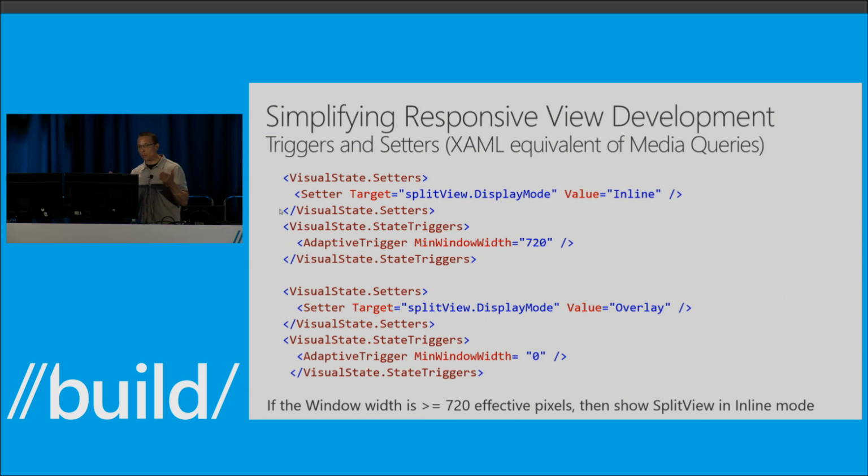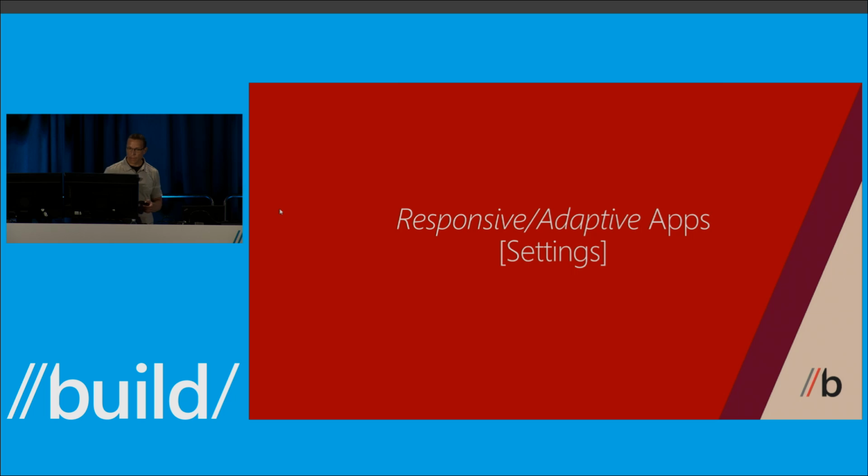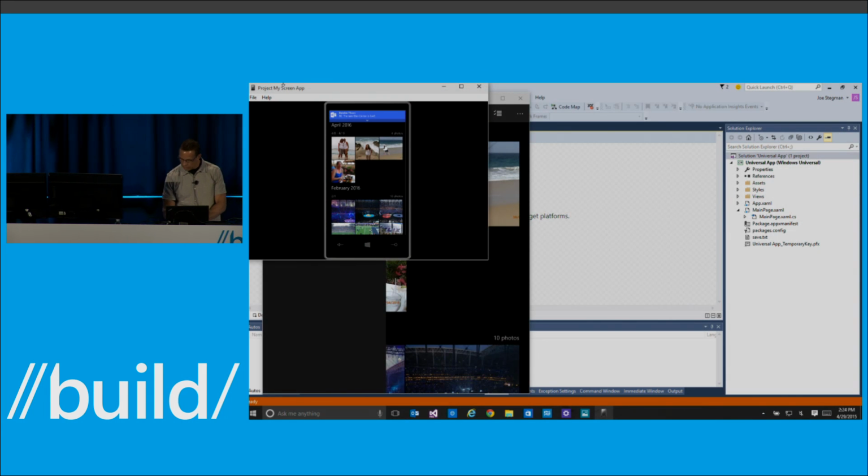So this is a really powerful way for you to easily define the rules that allow you to adapt your app. The other thing we've done is, I'm going to jump back. Sorry for the disjointed nature here. Let's jump back and look at